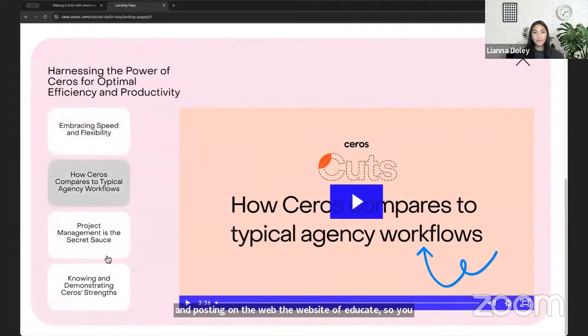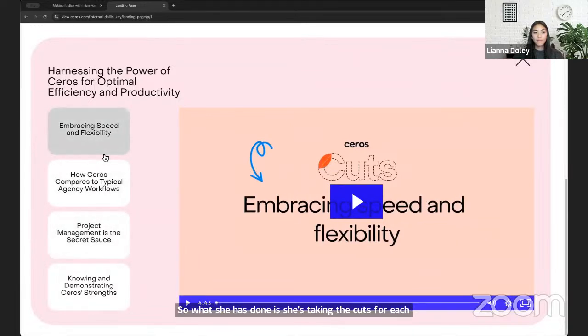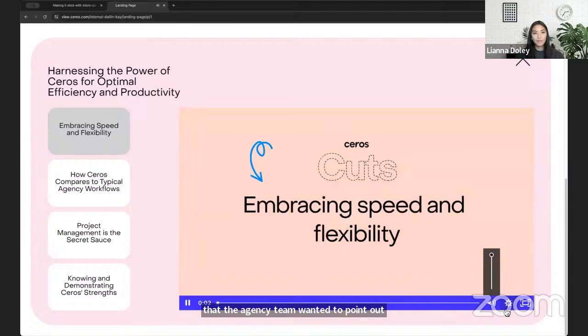So you can click on here, cycle through the different cuts, and really streamline the viewing process for the webinar series, and just highlighting the main things that the agency team wanted to point out to returning users and prospectives as well. You click on here, this is just an embedded video, and you can see some of the magic